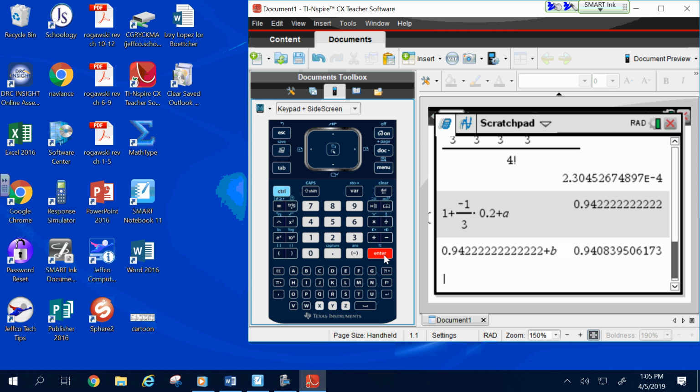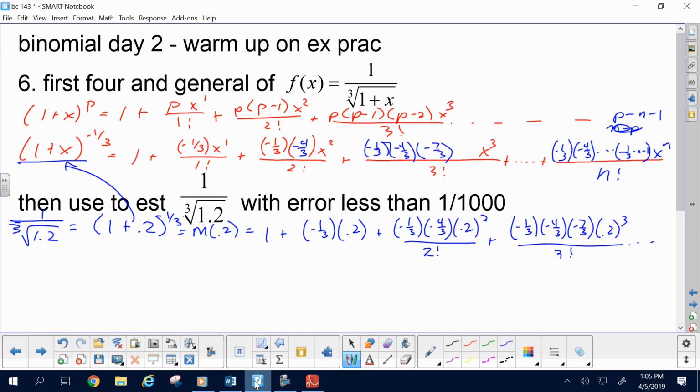Okay. All right then. Now let's first declare our answer. 1 over the cube root of 1.2 is approximated by S. Do we use S2, 3, 4? S4, which is